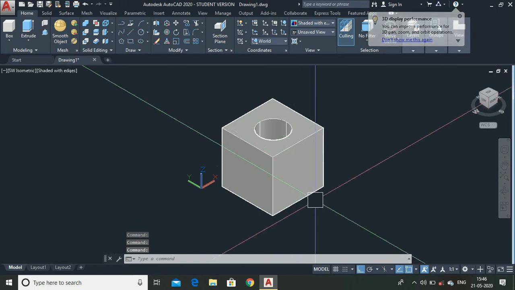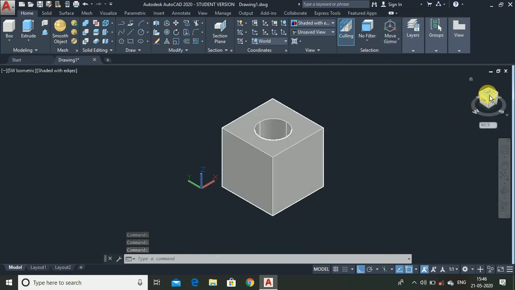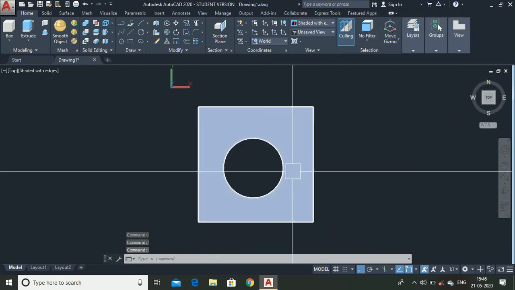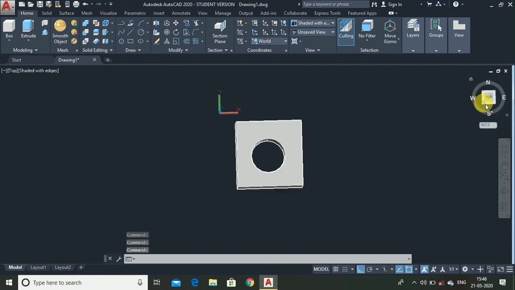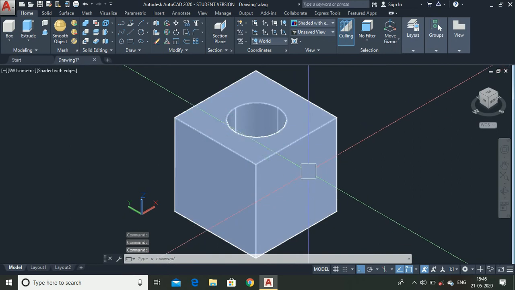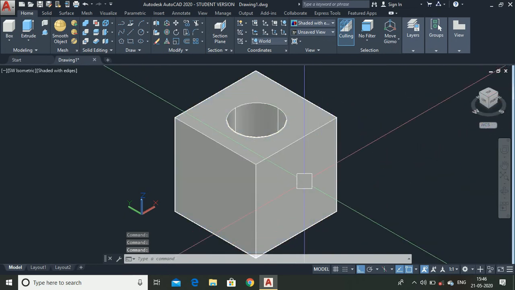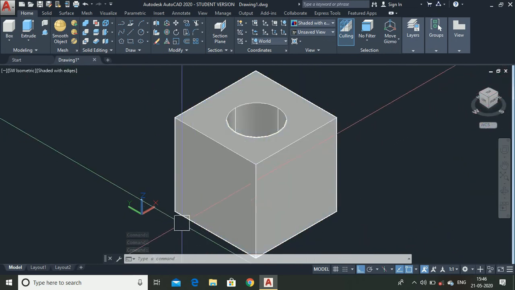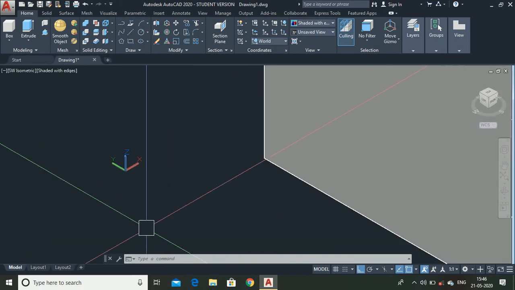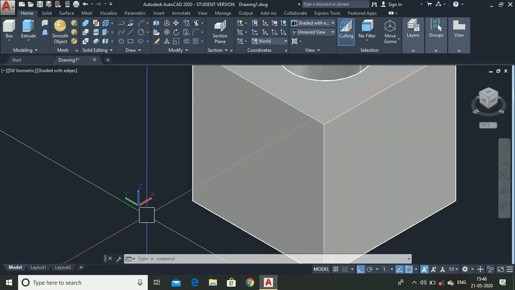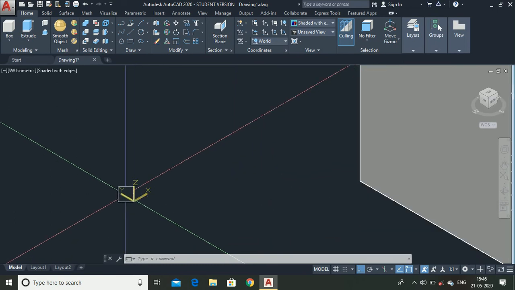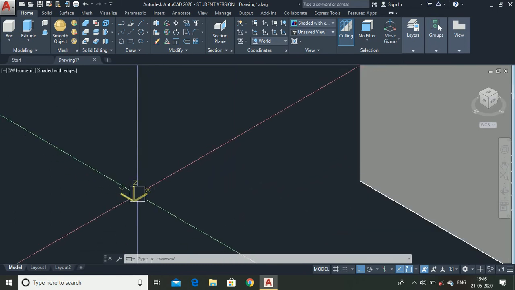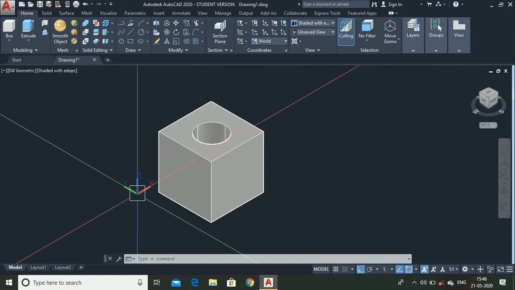Now let me tell you about the UCS option in 3D. In order to draw an object from this side, or the front view, you have to change the UCS. Now you can see the UCS is in the X and Y direction. To change this, you can use the UCS option.